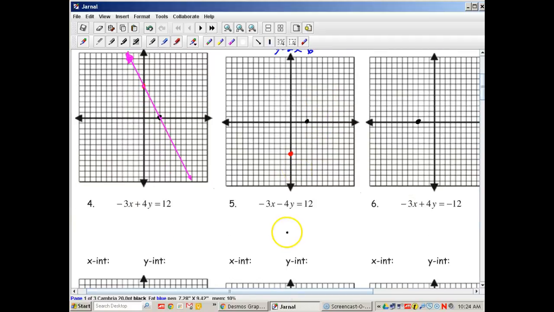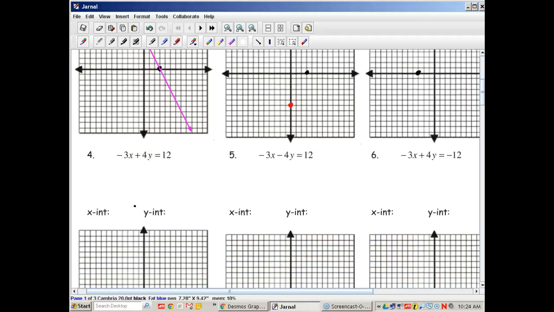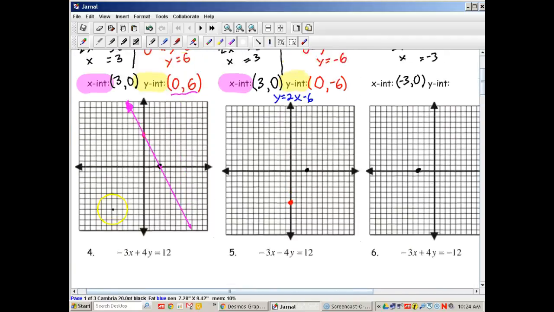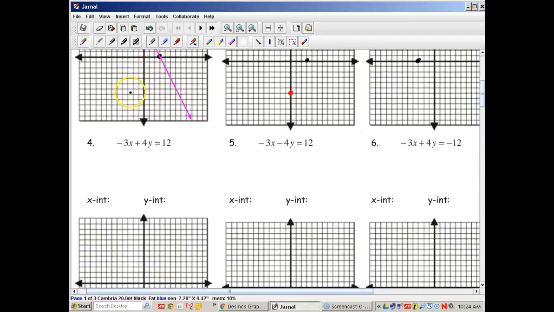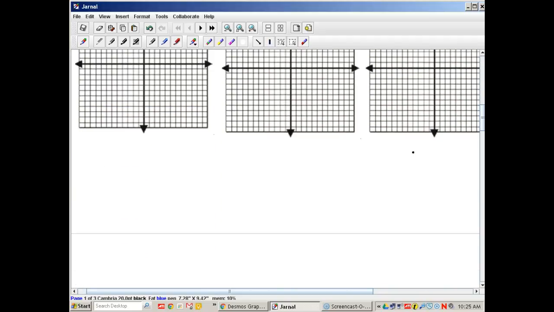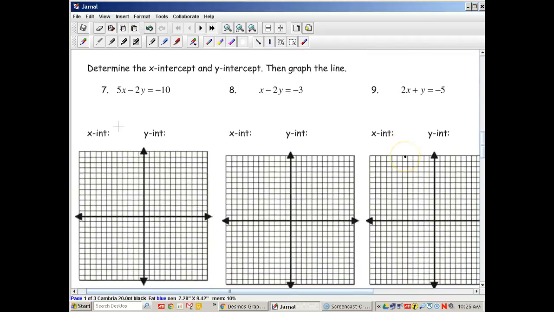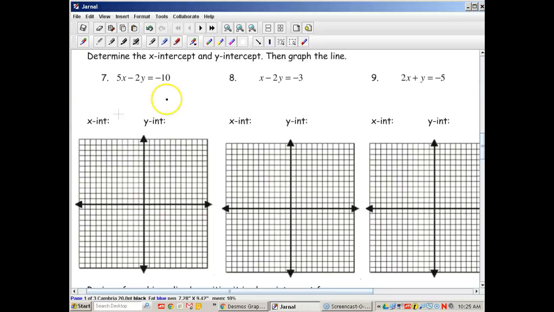I'm going to skip down to, for the front side, we kind of gave you some numbers that are easy and compatible. Like, for instance, both negative 3 and 4 go into 12 evenly. So you'll get some nice whole numbers, but they don't have to be these nice whole numbers. If you flip it over to the back, and let's say 7, 5, and 2 go into 10, but like number 8. If we look at number 8 closely,